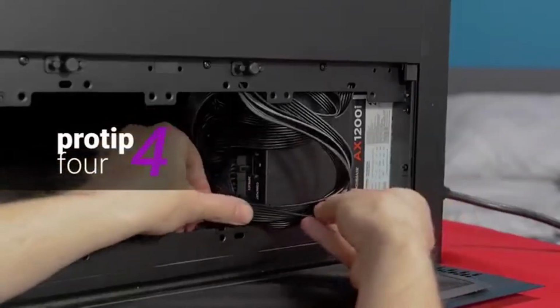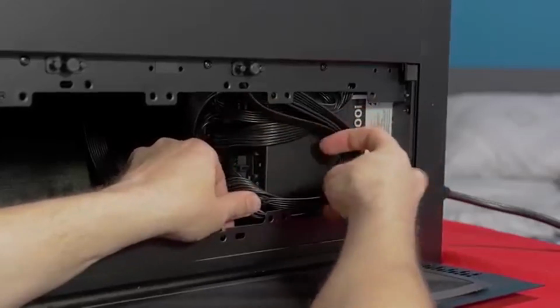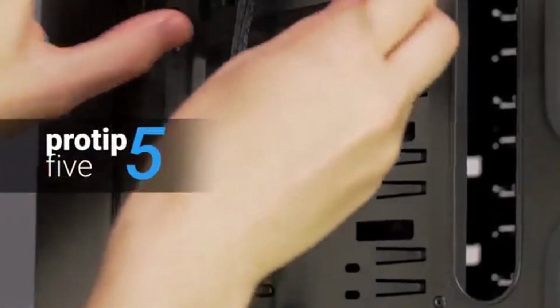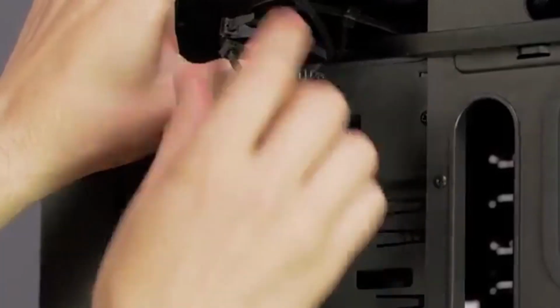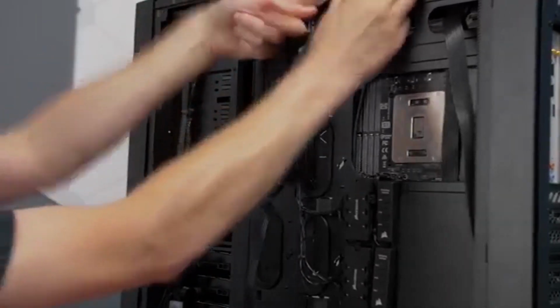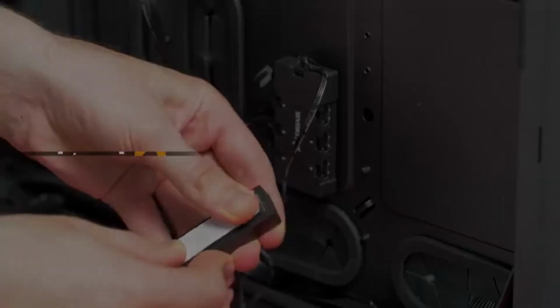Pro tip number 4, if you have a modular power supply, hide your unsightly valve in the cavity behind the PSU. Tip number 5, if you can't hide a thin cable run, some basic wire mesh makes it look a lot more professional, and flattening the run beforehand helps to avoid mesh bulges. Tip number 6,